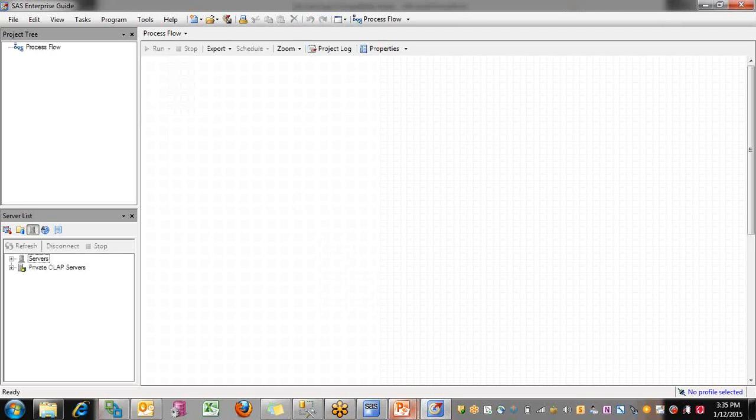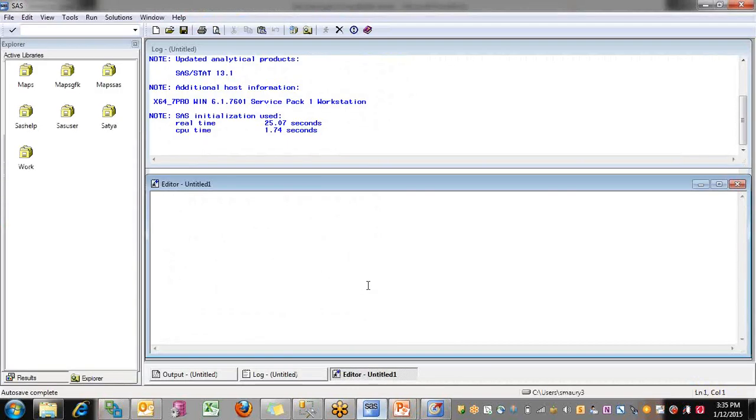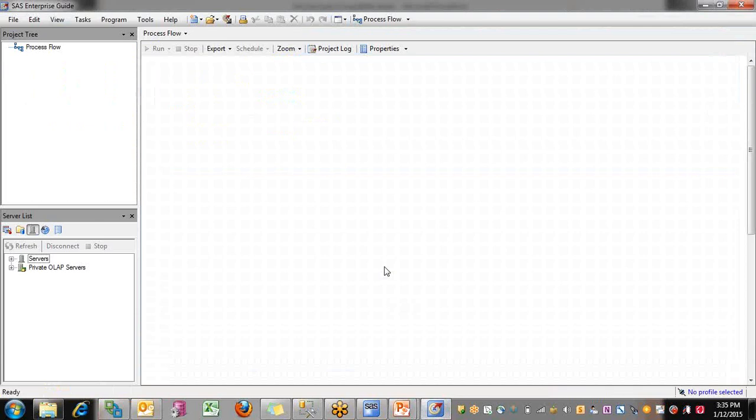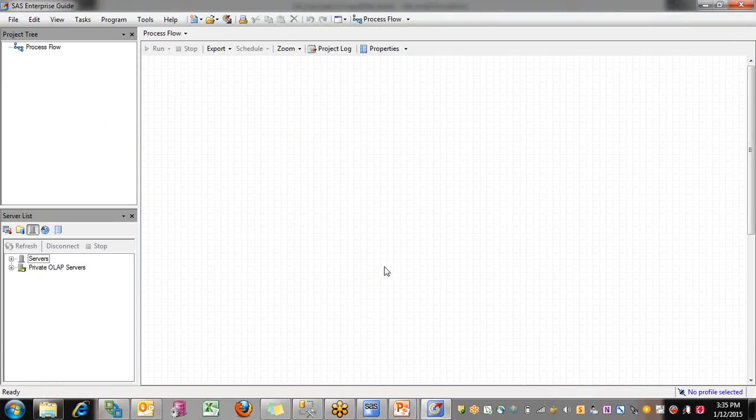What happens basically? The SAS tool which you saw here is on your local, right? So whatever data sets you create get saved into your local system. But when you are using SAS Enterprise Guide, you have the advantage that you can access the data available on servers as well. You can create local databases as well as interact with the data sets located on servers. So right here in the server list, you can see